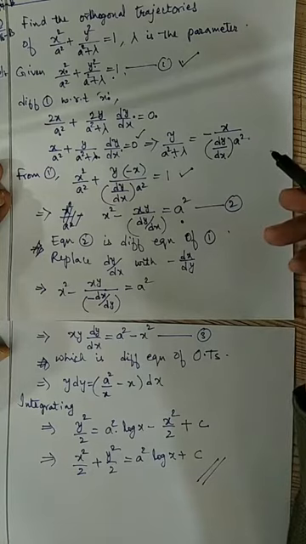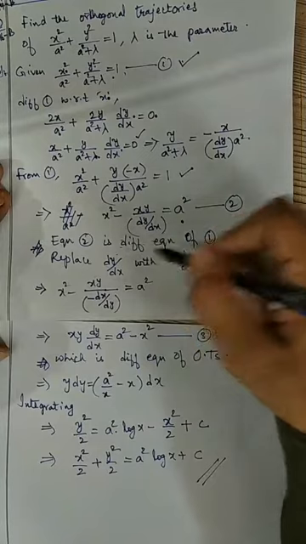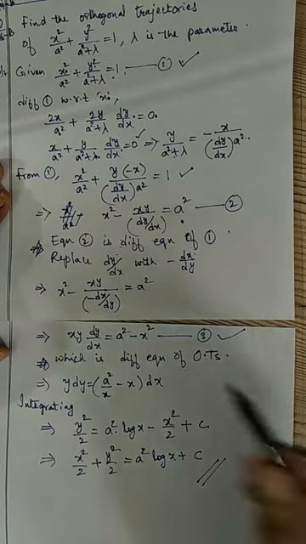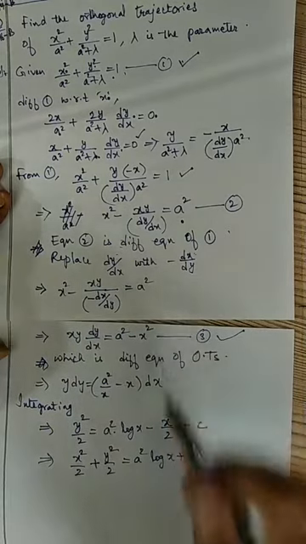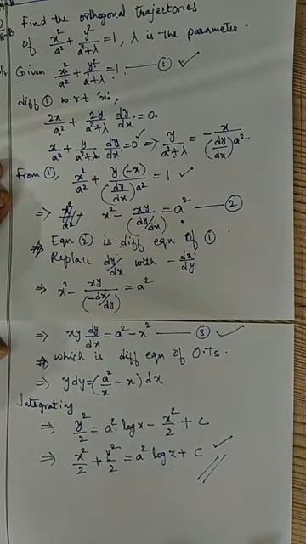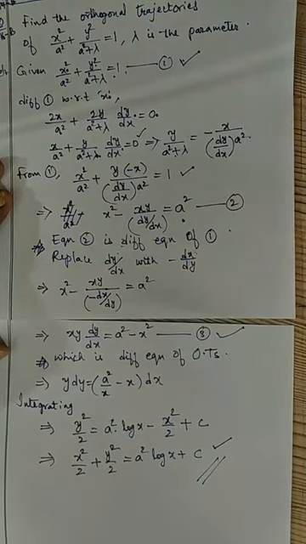To get the differential equation of orthogonal trajectories, I have to replace this. Once I replace, I will get this differential equation, which is the differential equation of orthogonal trajectories. For solving this, I will apply the variable separable procedure to get the required orthogonal trajectories. Right? So with this, we have completed the revision of